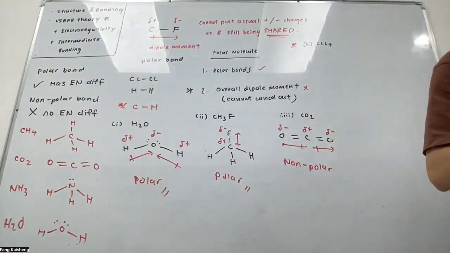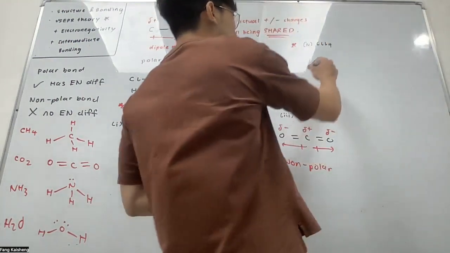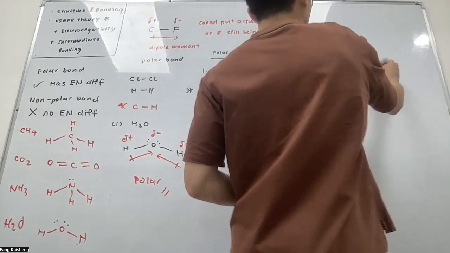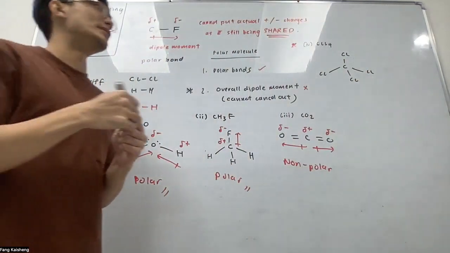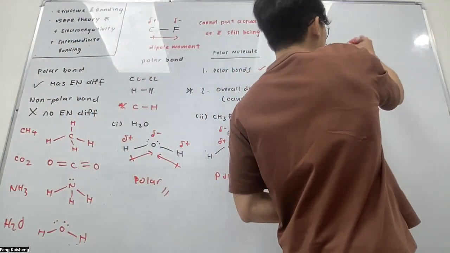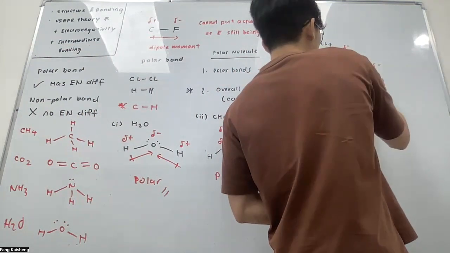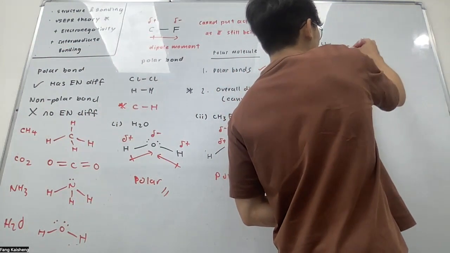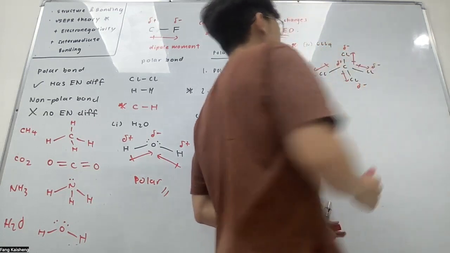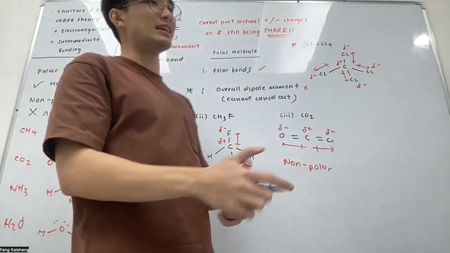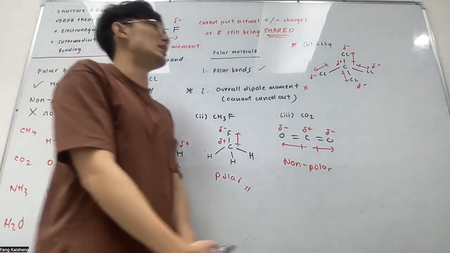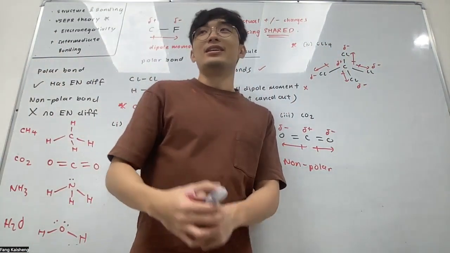Okay, let's go over CCl4. So CCl4 looks like this, a tetrahedral shape. We know Cl is more electronegative than C. So split all your partial charges, and carbon is partial positive. The arrows point in all the directions here. So guys, is there an overall dipole in this case? Is there an overall dipole moment, or are they cancelling each other out? I hope you all realize